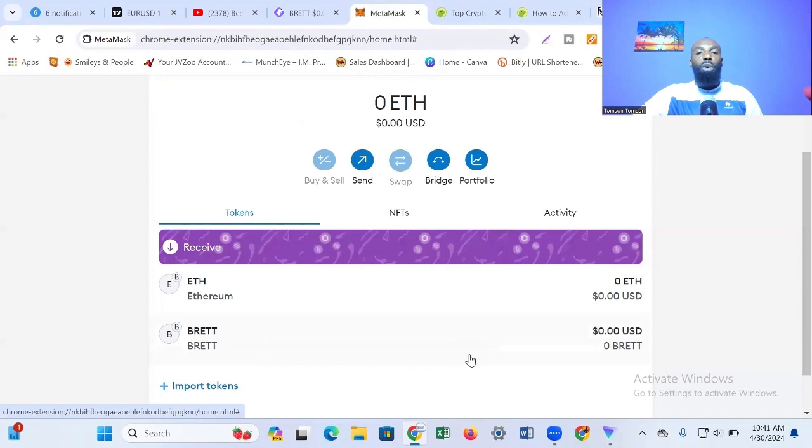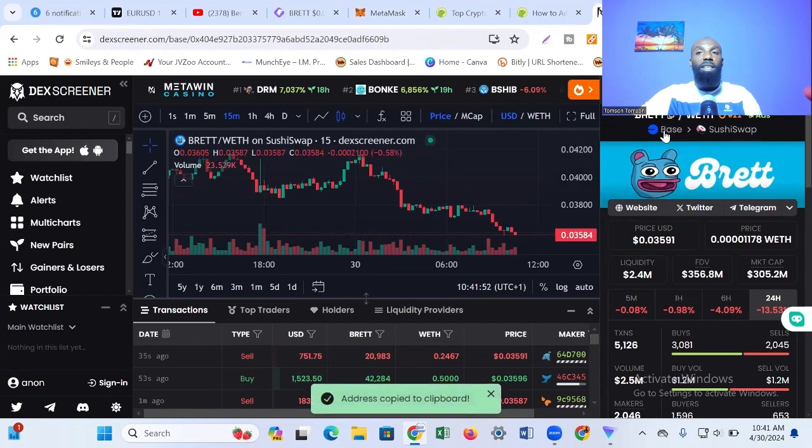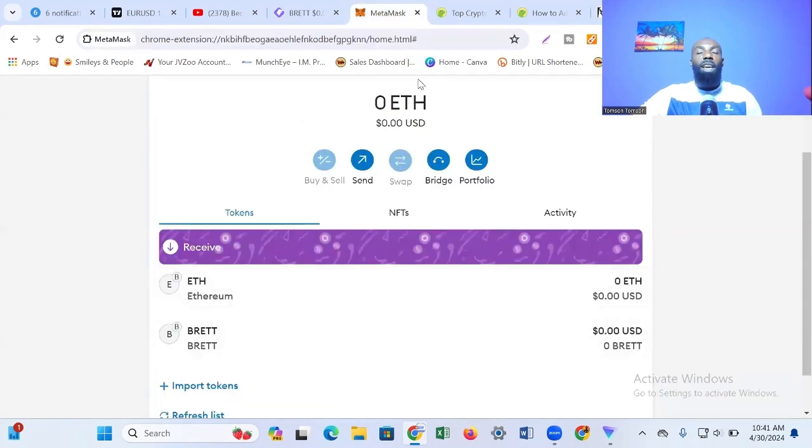So if you want to add any other coin, you just keep going to Dex Screener, you copy the token contract address, which is here. You just copy the token address, go through that method and put it in. Now, one other easiest way that I discovered that you can also add Base token to your Base network is